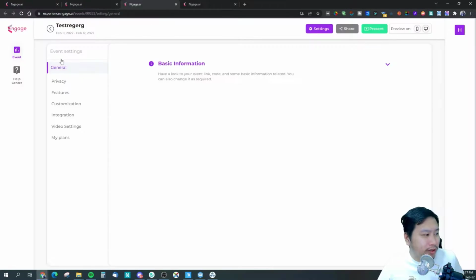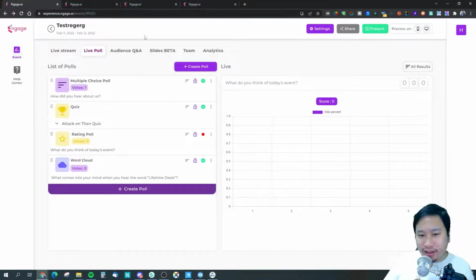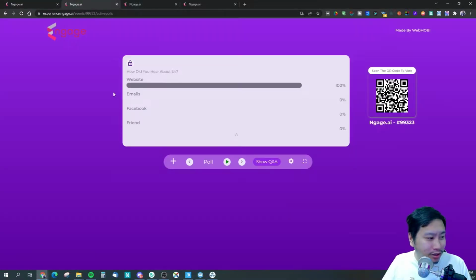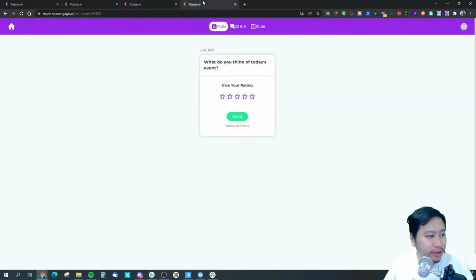So okay, let me explain. I guess it's really confusing, right? Because there's actually 3 different views, so I was trying to understand what's going on. Okay, so how it works is, let's say you're hosting a live event, and what happens is that you will share this screen, right? So this is the screen that goes out to everyone. This is what your audience is seeing, right?